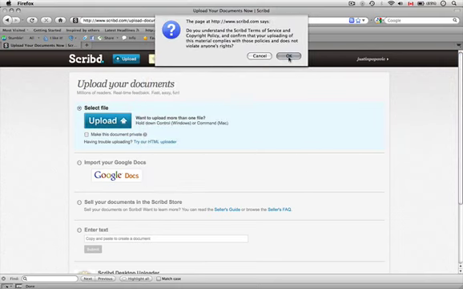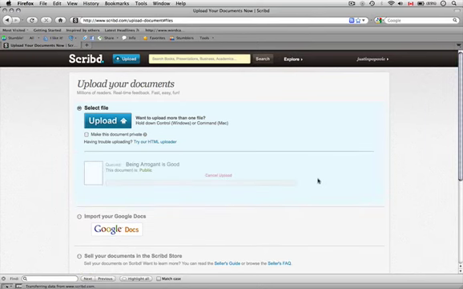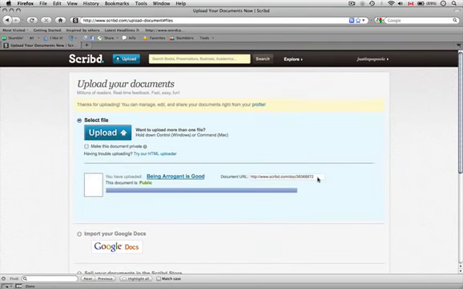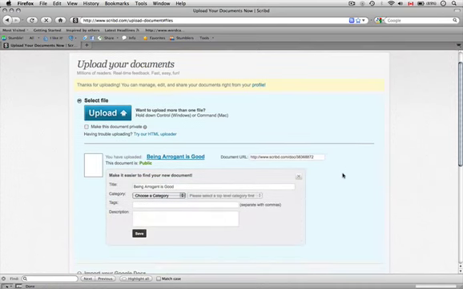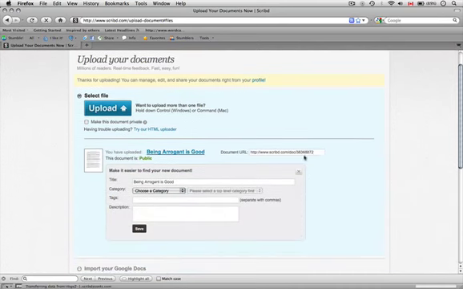and it asks you to agree to some terms of service, which I do, and the document goes ahead and uploads. There's a few different things you can do here. This is like sharing information on any other type of website. You would do this in YouTube, you would do this in Ezine Articles. I'm going to keep the title as is.